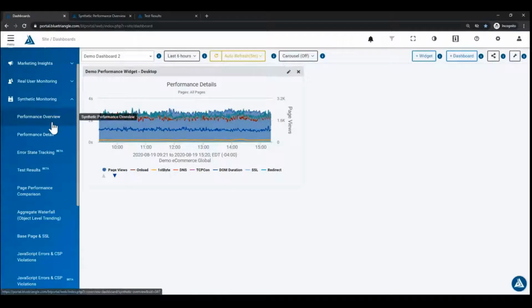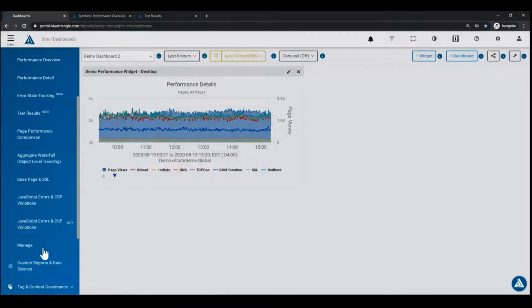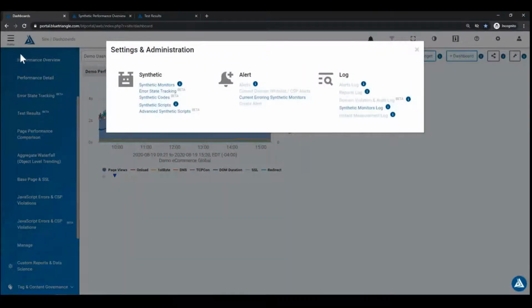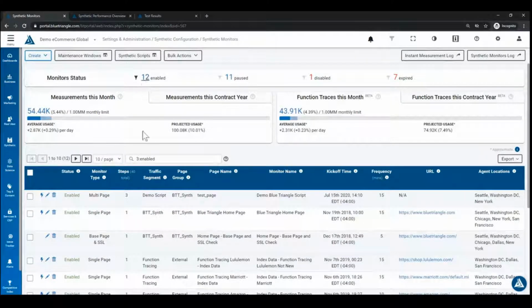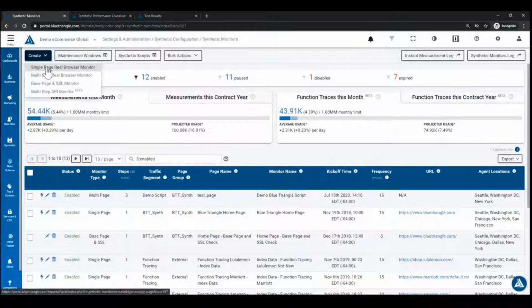So as far as synthetic monitoring goes, you can go in and set up synthetic monitors. If you click on synthetic monitoring there in the left navigation and then click on manage, you can go into your synthetic monitors here. So here, this lists your synthetic monitors. You can actually filter that down to the enabled ones here. And you can create synthetic monitors up here using this button. So I won't go through the full process here, but